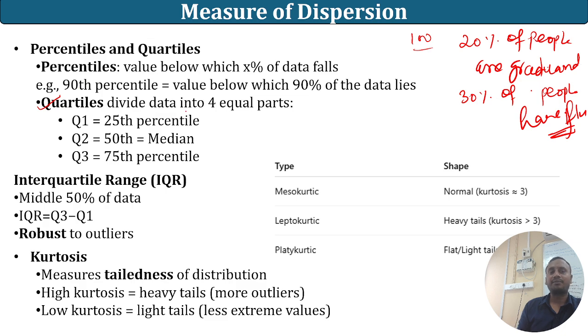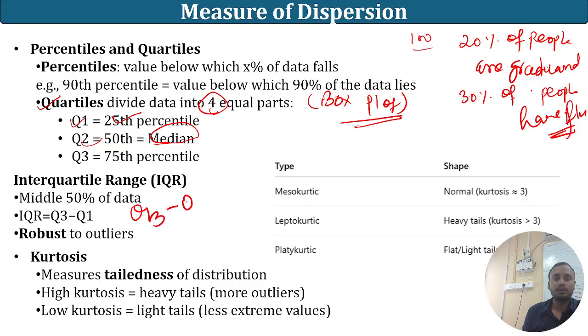Quartile means dividing data into four equal parts, that we have seen in the box plot. First one is Q1, the 25th percentile, Q2 is going to be the median, Q3 the 75th, and then we have the interquartile range also. It means the middle 50% of the data, it means Q3 minus Q1. It's not the range. Don't confuse it with what we can say is max